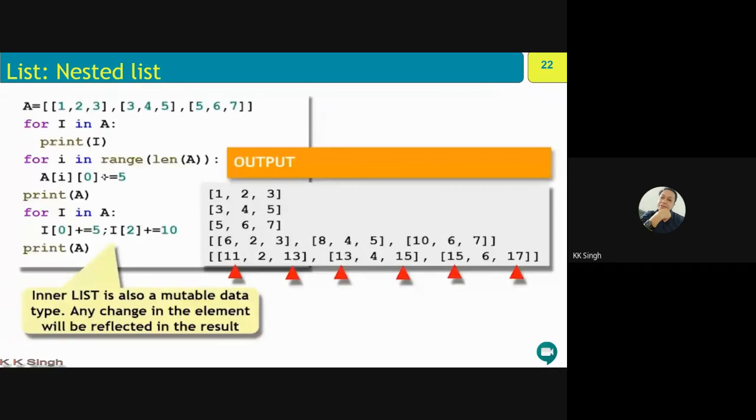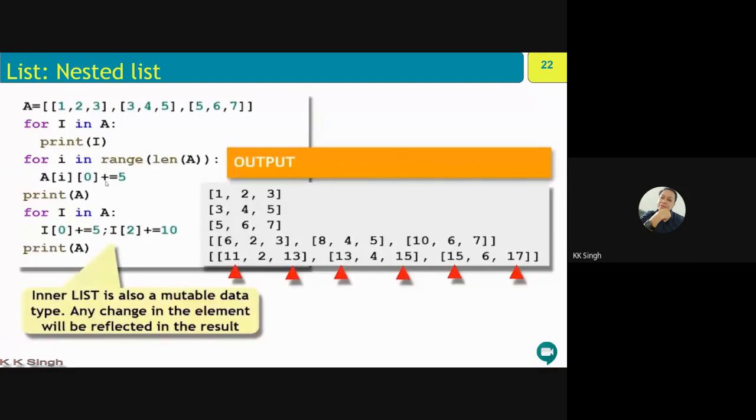Now over here, what we are doing: range of length A, so this is 3, so 0, 1, 2. Now 0, 0 की जो वैल्यू है, it should be incremented by 5, so it becomes 6.